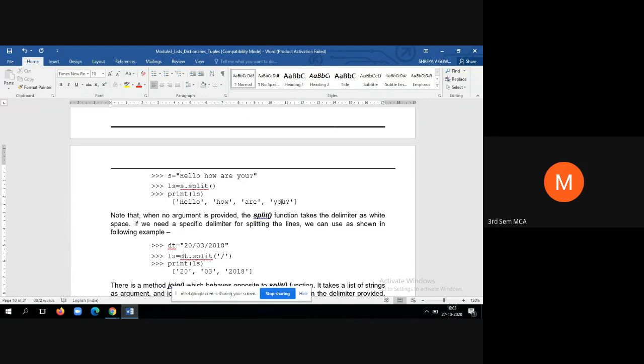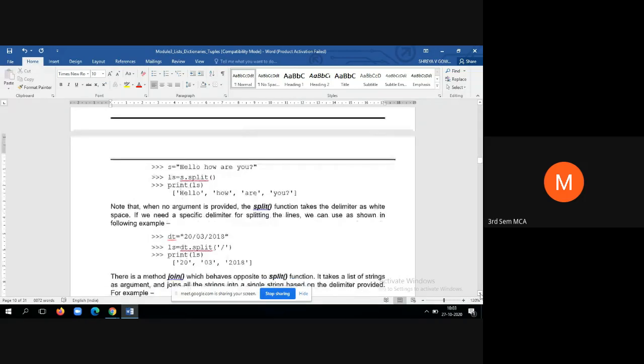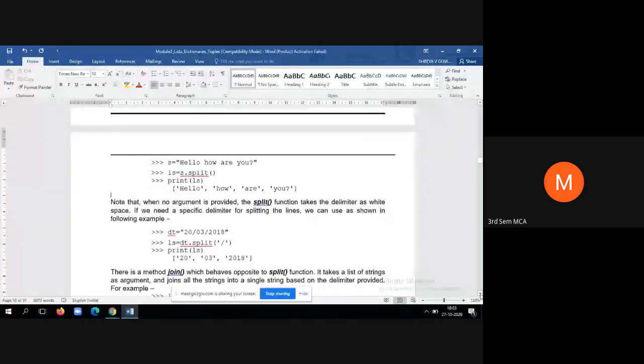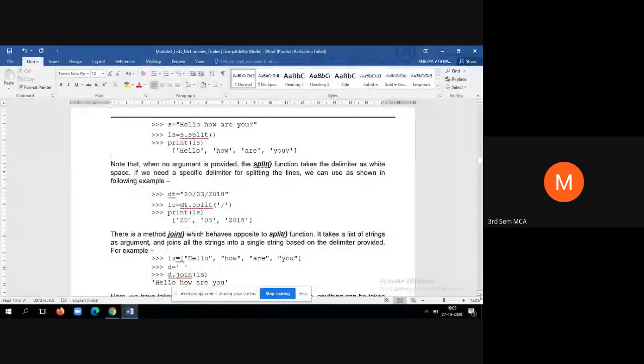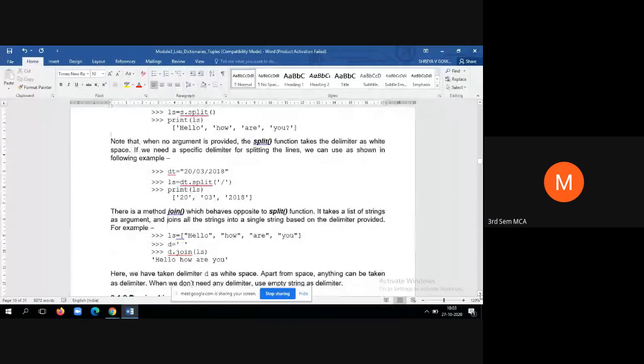Now similarly, look at here. See, this will be very useful. So these methods are very useful for you. Many a times we do projects and we store data into the CSV file, into the Excel file or something like that. Then we need to extract the values and do further processing. During that phase, we have to extract the values and separate them based upon the delimiter. So these methods are very handy for us.